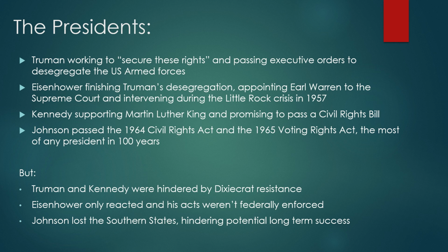Now, in this timeline, there were four key presidents that we had experienced. First was Truman. We should remember his actions to secure these rights, and how he passed executive orders to attempt to desegregate the U.S. Armed Forces. Remember, he had that whole agenda put in place. He wanted some change. He really was reacting to the things that happened to Isaac Woodward, those veterans who were attacked after they came back from the war. And despite his southern origins in Missouri, he still understood the need for change and wanted to help and assist in that.